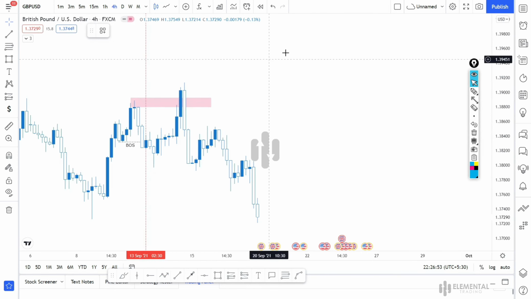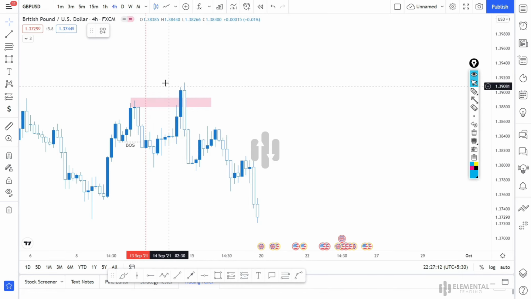Next, we will be discussing GBP USD in 4-hour time frame. Here we can see that price broke a minor structure to the downward side, creating a minor key level here. So the first trading setup in GBP USD was double top from this key level, but we can see price actually violated this minor key level, moved a little bit, then came down.